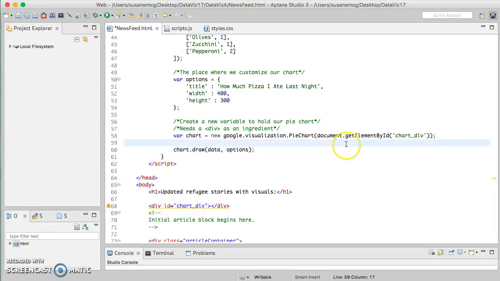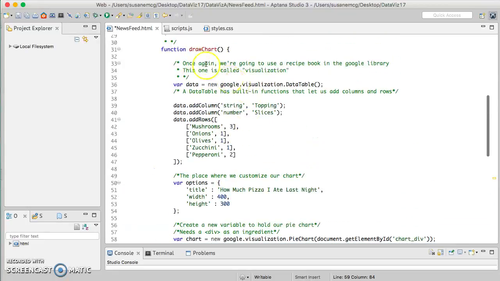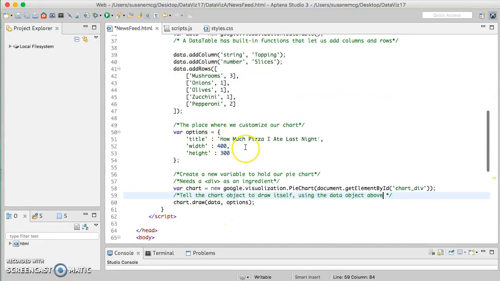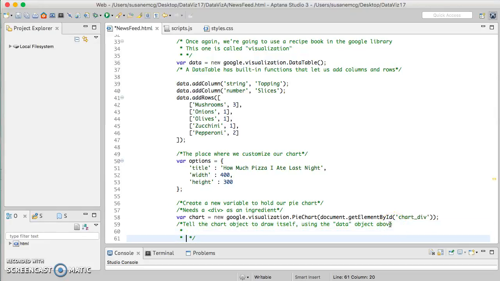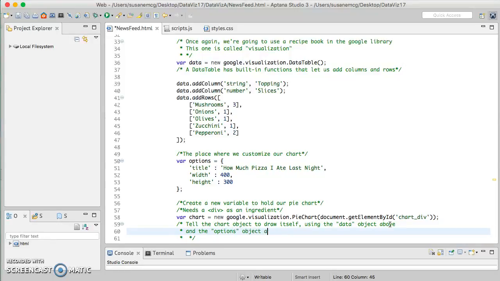Finally, chart being the label for the box that contains this pie chart, the final thing that we're doing is we're saying tell the chart object to draw itself, right? Using the data object above. So remember up here, we created a variable called data. That's why it says data here, okay? So I'm going to say data object above, and the options object above, which contains